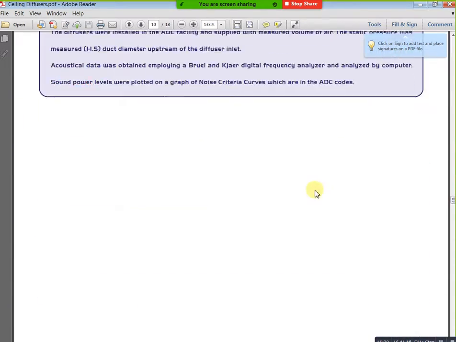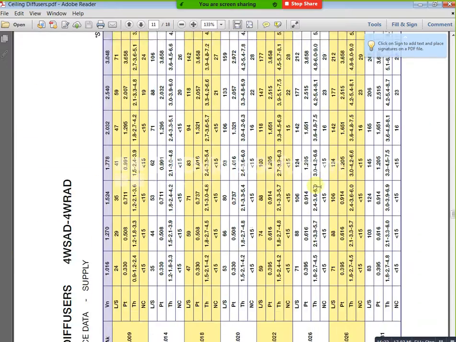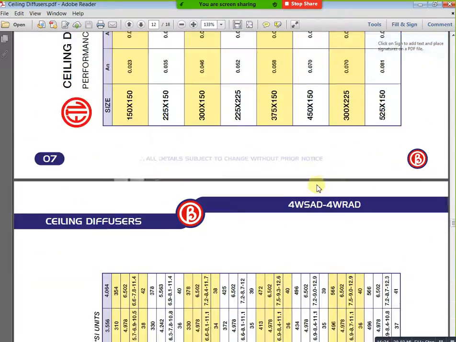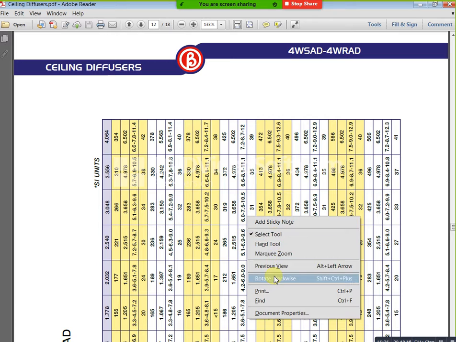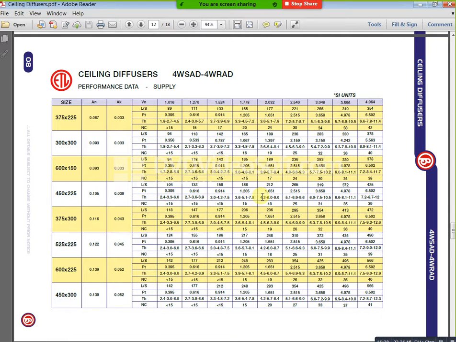Just you will take 460. For example, 460, I need a square diffuser, not a rectangular one. Just you can observe, here we have square purpose in white color, and for rectangular purpose we have the other in yellow color.